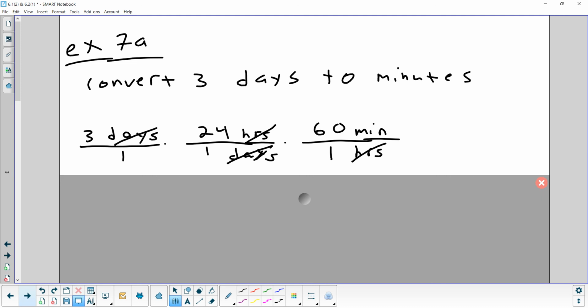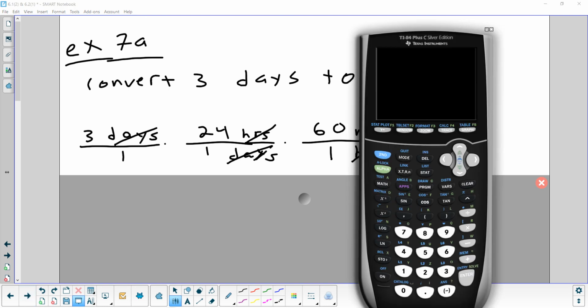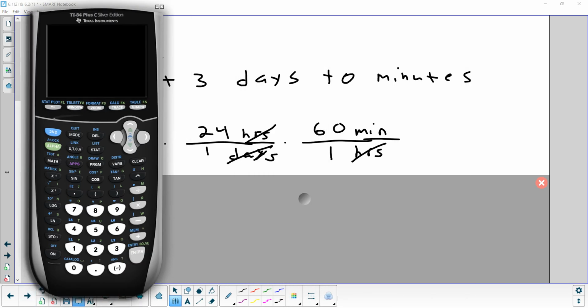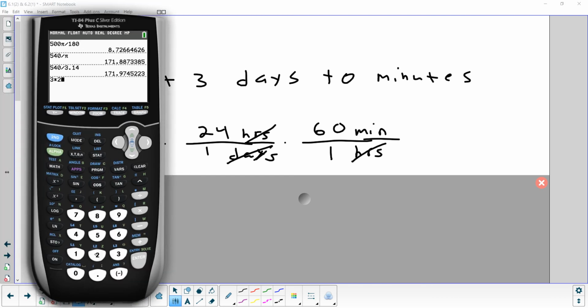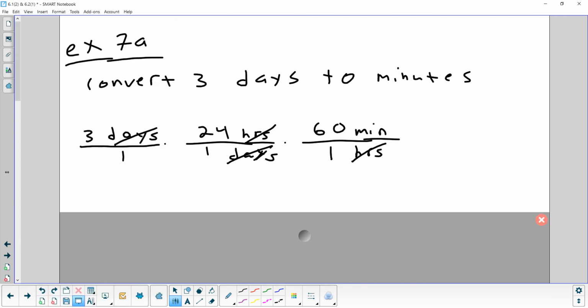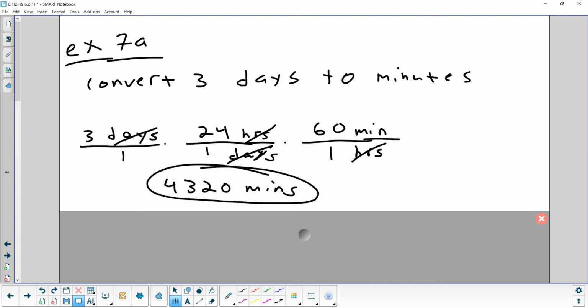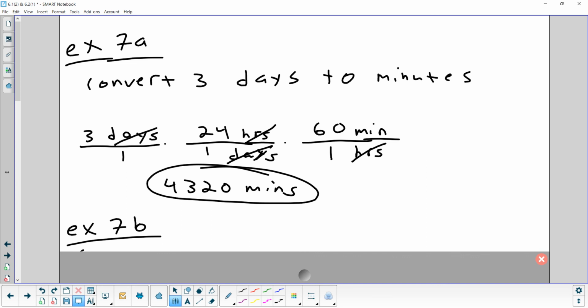And that's how you think about the units. You look at which one you want to cancel and put it in the opposite spot of the fraction. Let's multiply that out. Let's do 3 times 24 times 60. That's 4,320 minutes. Okay, any question on that one? All right, let's try